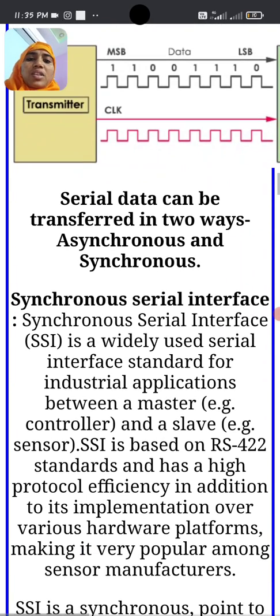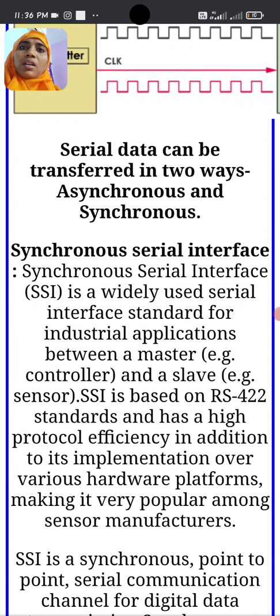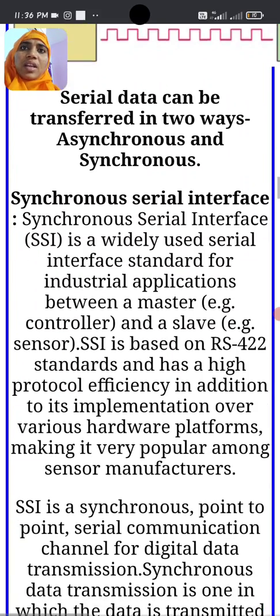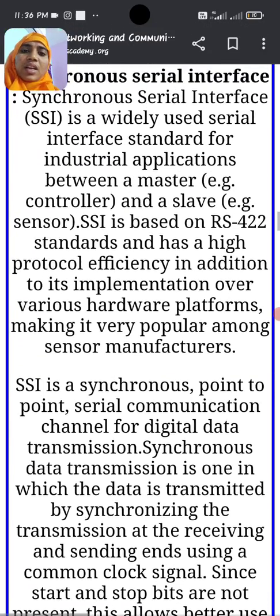Serial communication devices are of two types: synchronous and asynchronous. Asynchronous means independent signals, which do not depend upon any other signal. If the transmitter wants to send the data, it will send the data; it does not depend upon any signal. Synchronous means dependent signals, which depend upon a clock signal. So there are two types of interfacing circuits: asynchronous interfacing and synchronous interfacing.